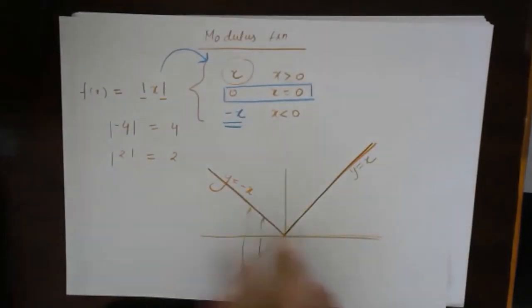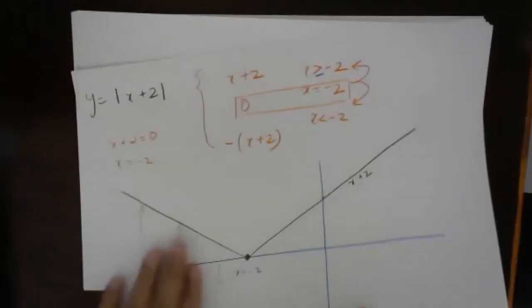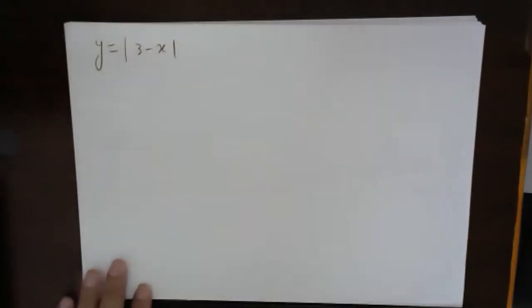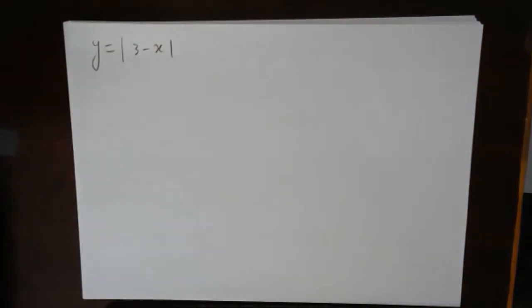Okay. Let's take one more example, something like this, but now I will change it a little bit. Let's see if you can draw the graph. The most important thing is to draw the graph. So y equals modulus of 3 minus x. Now draw the graph of this. Think about it for some time, there is no hurry. Try to draw the graph and see if it is correct or not. I will draw afterwards and you can check.